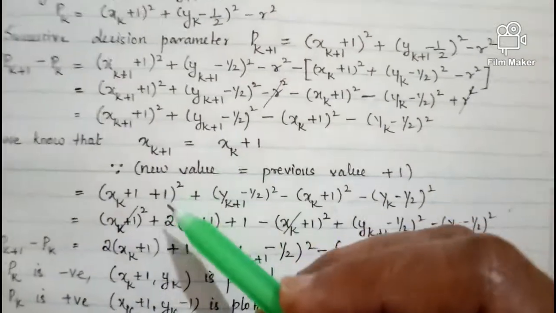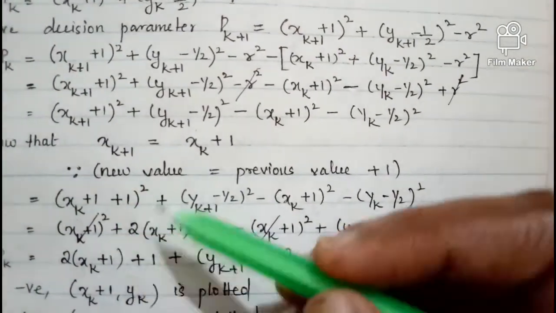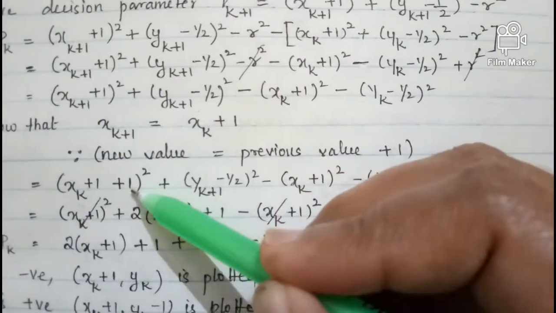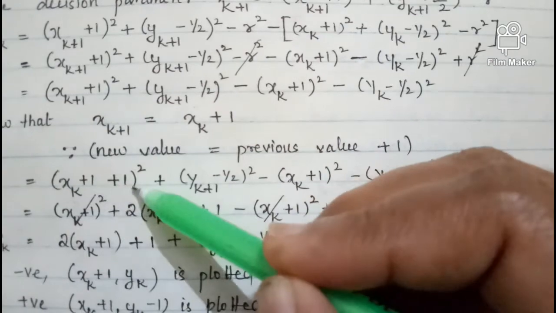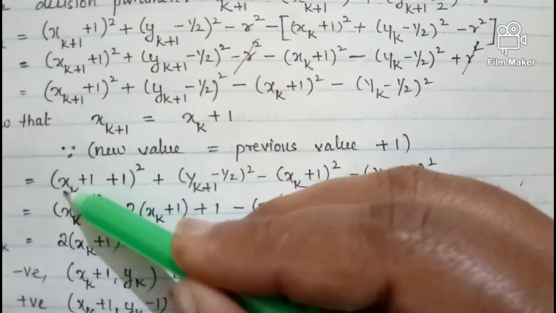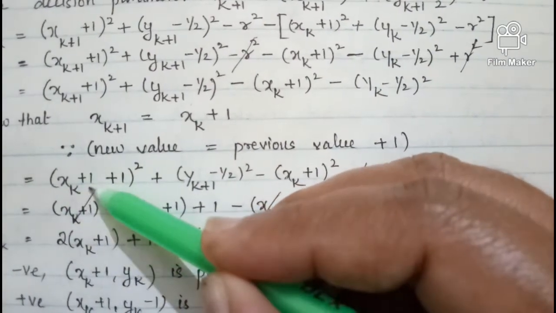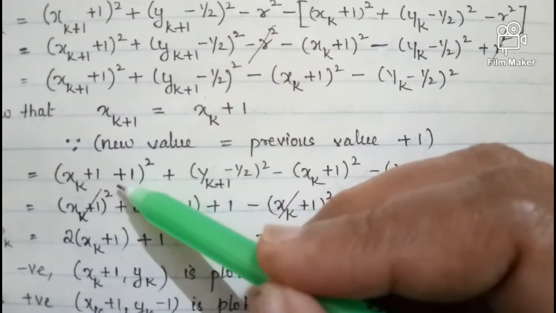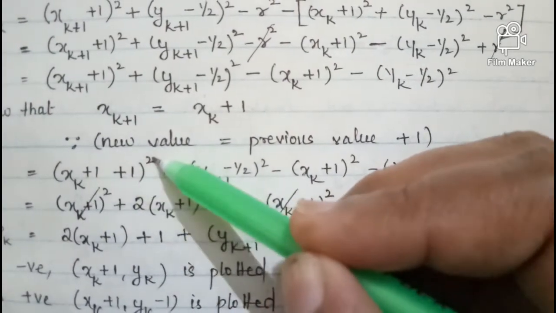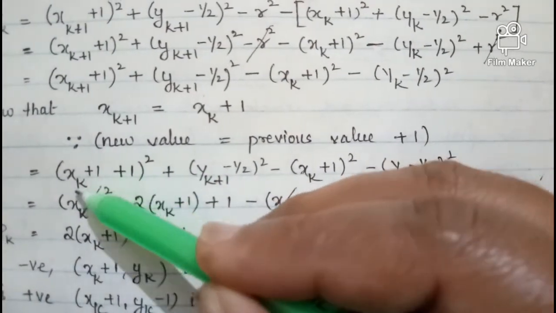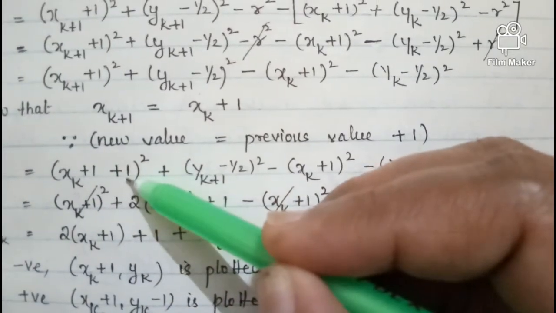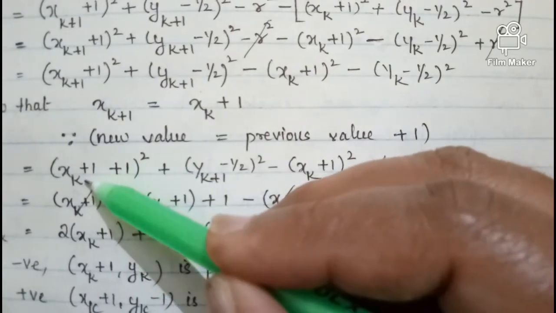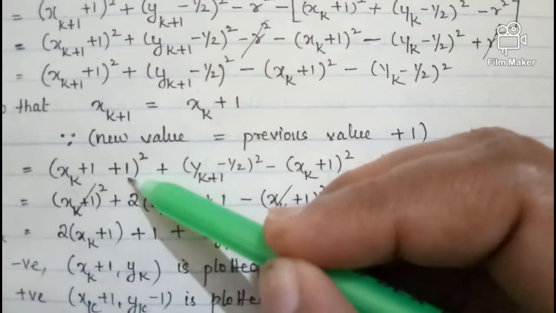From this result, I am going to rearrange the terms. Look what I am going to do. There are three terms, xk plus 1 plus 1. Out of these three terms, these two terms can be used in a combined format. Let this be a separate term. I am going to expand it in the form of a plus b the whole square, where the value of a is xk plus 1 and value of b is 1. So a plus b the whole square. Value of a is xk plus 1, value of b is 1.